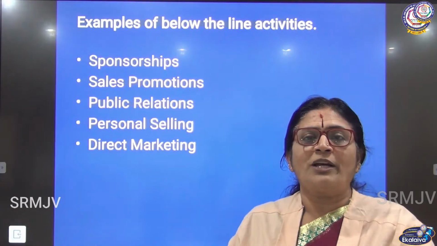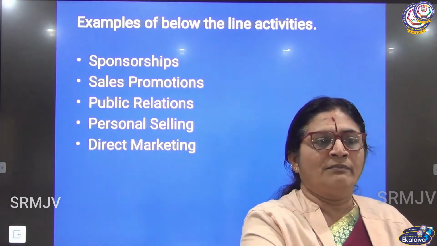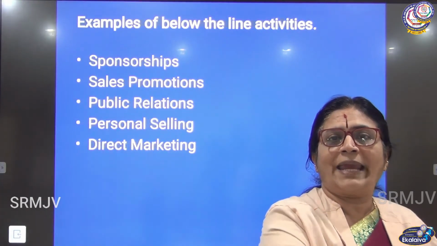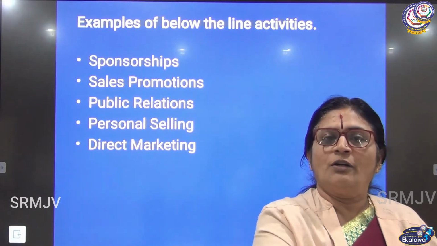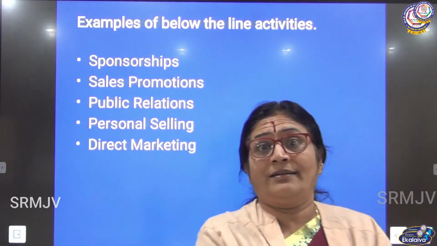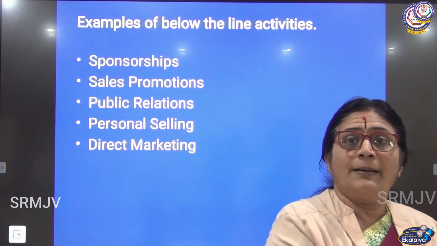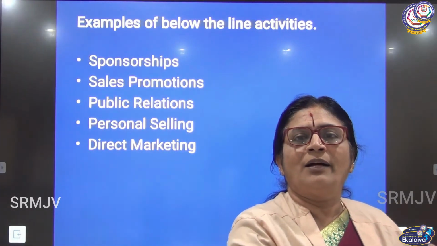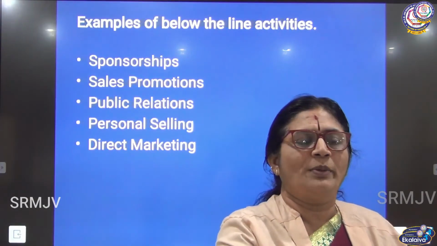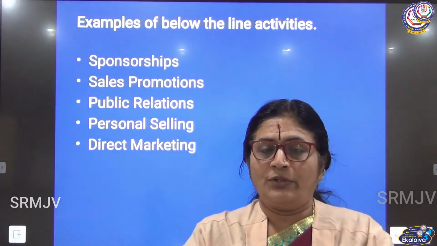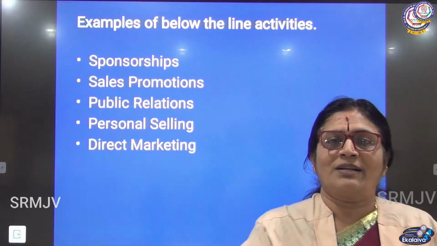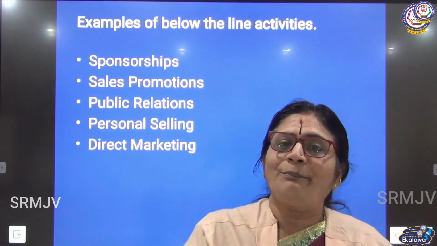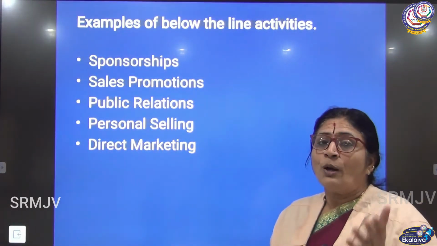So what they will do is, if you buy for 1,000 rupees, you will get maybe biscuits or chocolates or cookies or cakes that have come into the supermarket to be promoted. Maybe it is Reliance cookies or Reliance biscuits made by them. They want to promote it. They will say, if you buy for 2,000 rupees, you will get 2 packets of biscuits. If you buy for 3,000, you will get 2 cakes free. So you are making the consumer use the product. When they start liking it, automatically they will come and ask for the product, isn't it? So that's another approach they are adopting to promote the product.